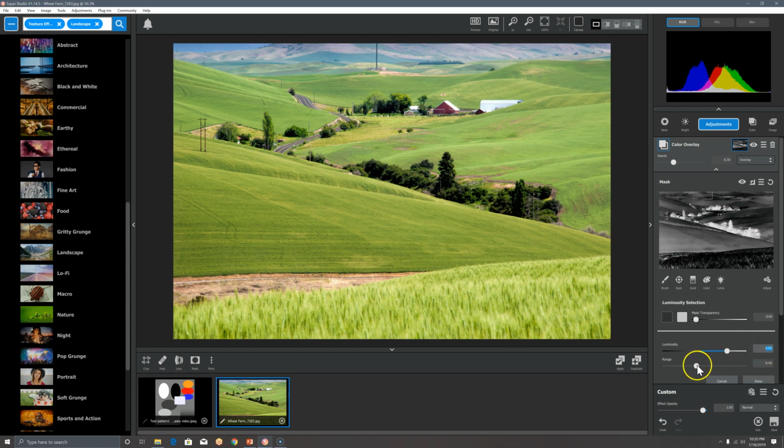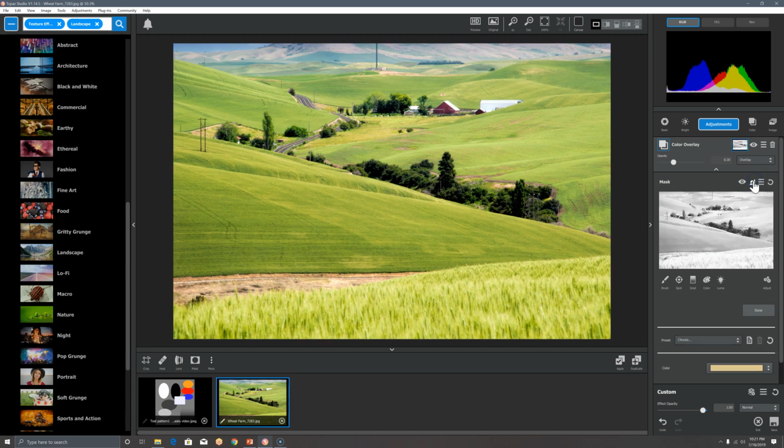I'm going to start at 80% luminosity, so things that are bright, and I'm going to change the range so that it is at 40%, and that means that everything from 100 bright white to, let's say, 60% bright is going to be covered. So everything from here to here is going to be covered in this nice orange color. But right now you'll notice dark things are white here, and my color is mostly applied there, so I have to invert the mask after I've done that. Now I'll show you the before and the after. All my highlights are now